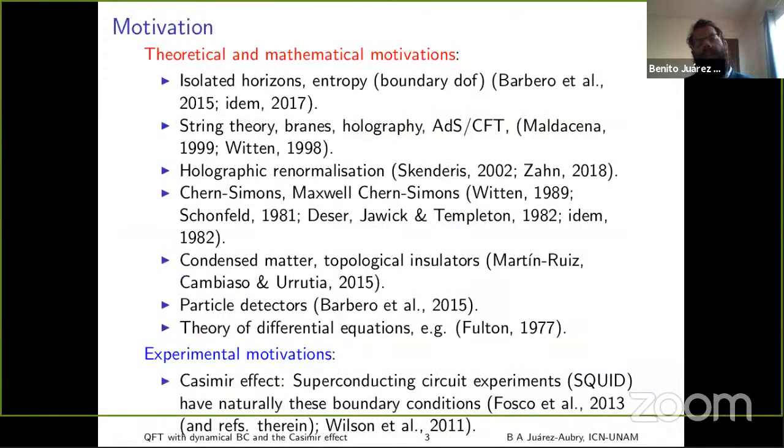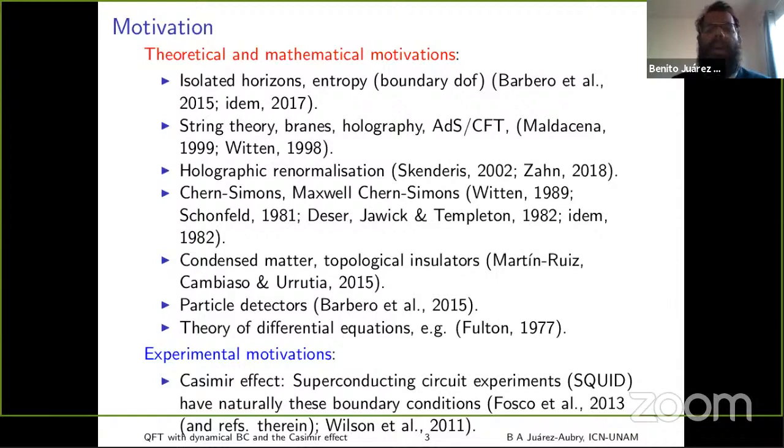Okay, so for the motivation, these dynamical boundary condition systems are very interesting for several reasons. One of them has to do with the idea of boundary degrees of freedom. This is a question that I think is appearing more and more in physics. For example, with isolated horizons, when people try to study black holes and associate entropy to the horizon viewed as a surface in space-time, then if this entropy is associated with microscopic degrees of freedom, these are certainly boundary degrees of freedom, and we would like to understand how to characterize them rigorously. So there you would expect some kind of boundary dynamics in order to have boundary degrees of freedom. Of course, in string theory, branes, holography, AdS/CFT, and all these interesting subjects,